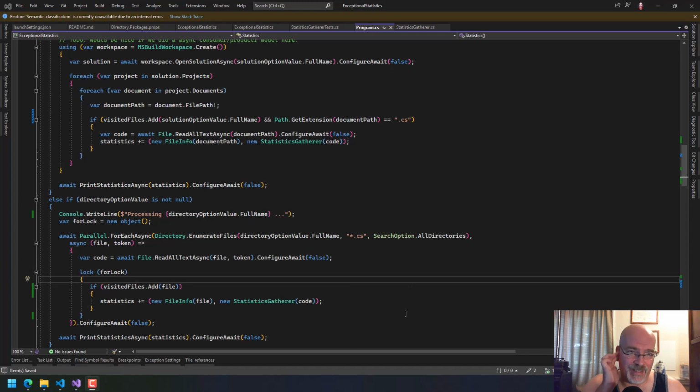Okay. I was looking this up and there's talk about how you can potentially use SemaphoreSlim with this, because you have to be re-entrant on the same thread. It gets a little messy. So I said, okay, fine. Let's just load the code. Probably not as performant, but then we'll lock and say, if you visited it, then actually do the statistics gathering